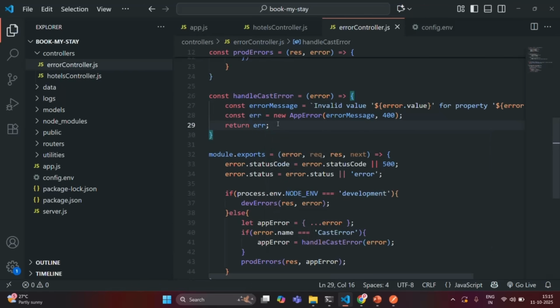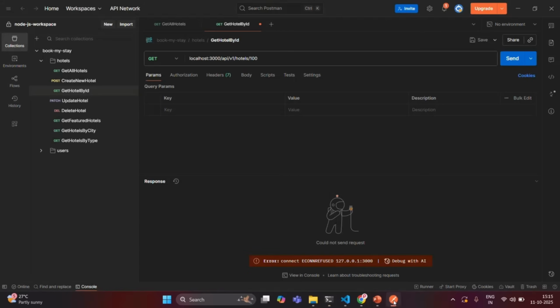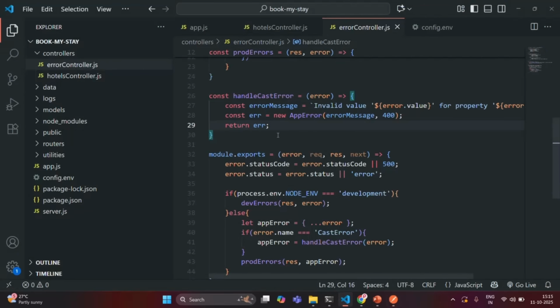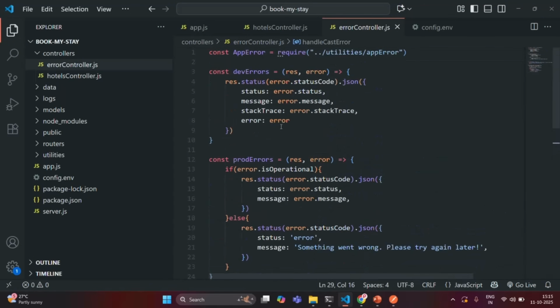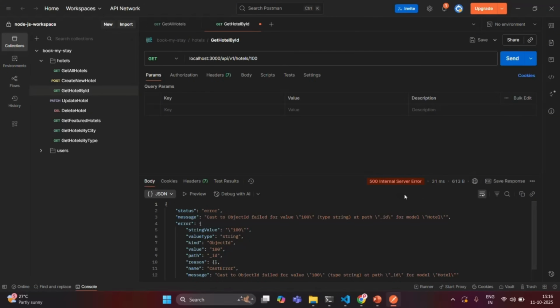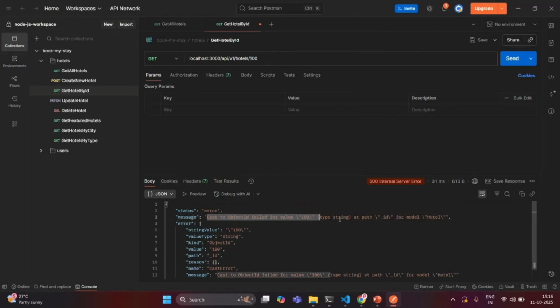Let's save the changes and go to the terminal. Now our application is up and running and the connection to the DB is also successful. Now let's go to Postman and make a request. Currently we are in development mode, and if you see, in development mode, inside this dev errors, we are not handling the CastError in any way. We are handling it in production errors, right? So in development, we are going to get this same error where the status code will be 500, the status will be error, and you can see the complete error object as well,